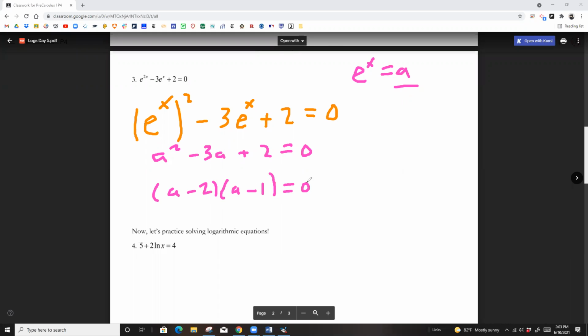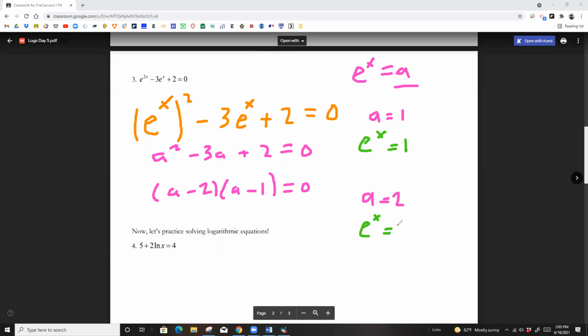equals 0. All right, so then when you set each factor equal to 0 and solve, you get a equals 1 or a equals 2, which you could all do, even if that original equation seemed intimidating. Now, all you have to do is take a away and replace it with e to the x. So instead of saying a is 1, you say e to the x is 1, or e to the x